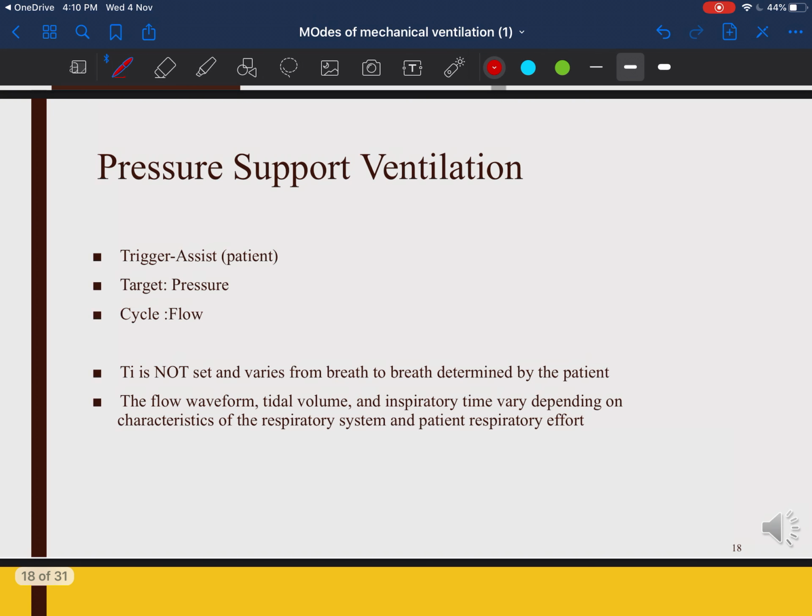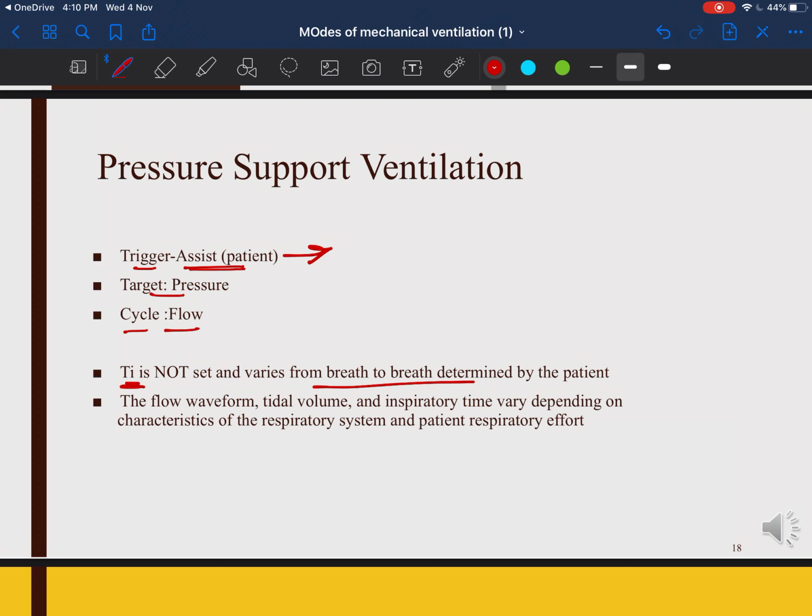A pressure support ventilation is where the trigger is done only by the patient. So only if the patient has a good respiratory drive, you can put the patient on a pressure support ventilation. The target will be pressure, and what determines the end of inspiration will be flow. If the flow is 25% of the initial value, then the ventilator cycles down the inspiration and the patient takes an expiration. So here in pressure support ventilation, initiation is done by the patient, and similarly time is not set